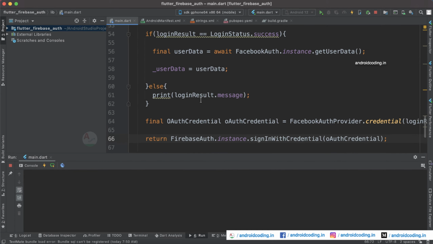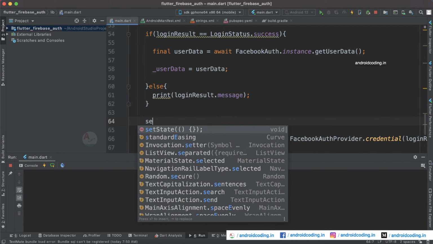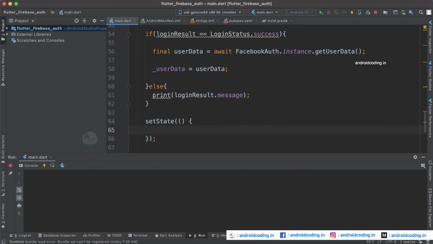And now here we have got the information stored into our user data here, and now using which I will take the help of the set state here and try to append the welcome string with the data present inside the user data here.